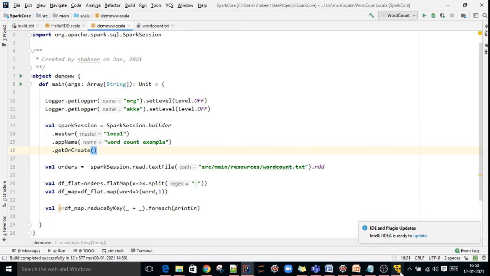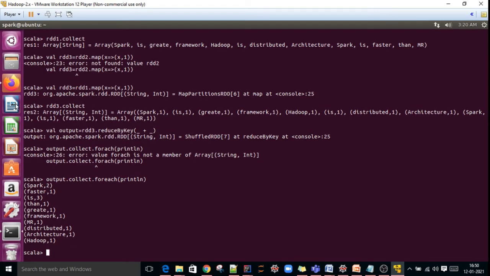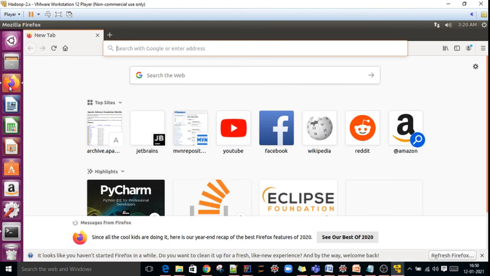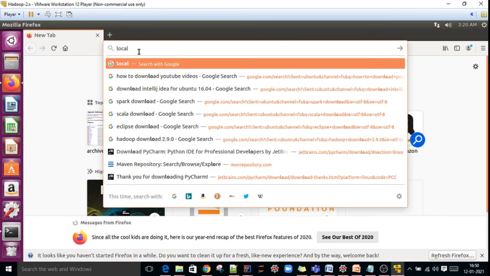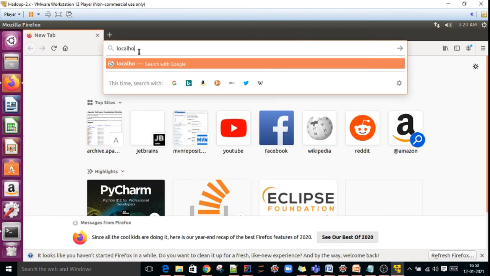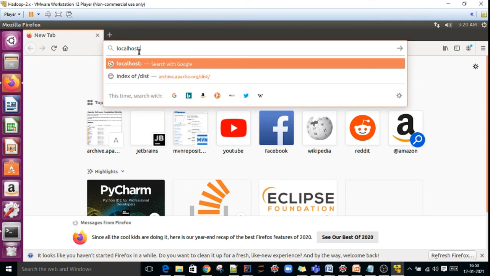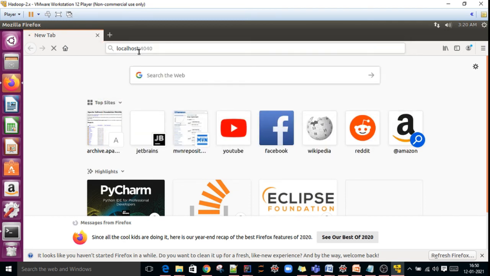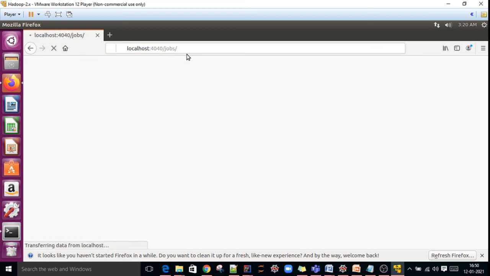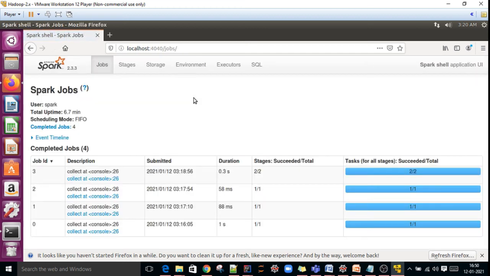Once you open Spark shell, you can see the Spark UI at localhost:4040.